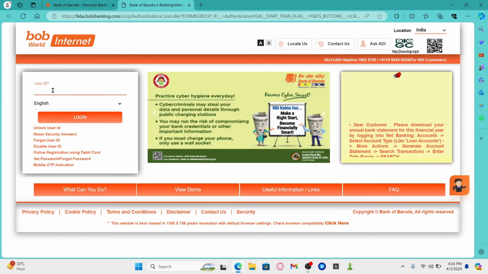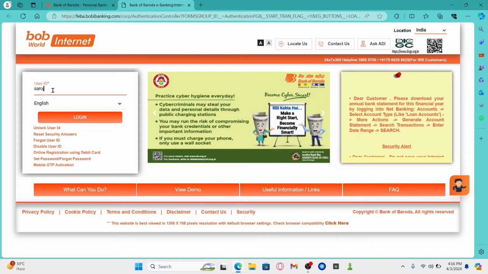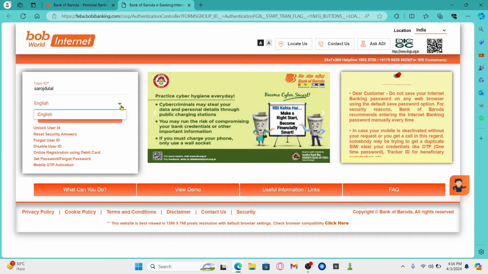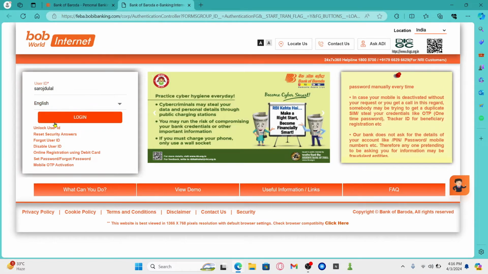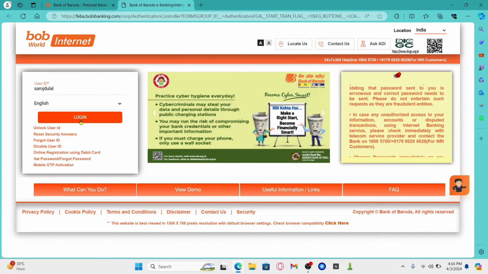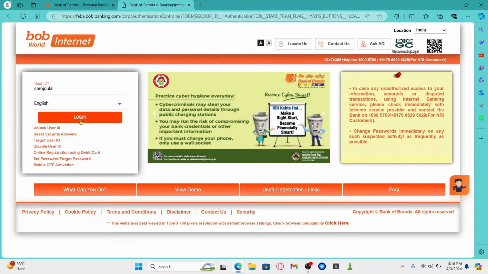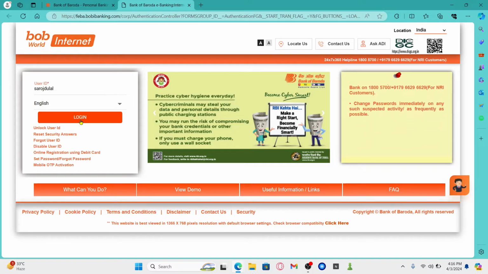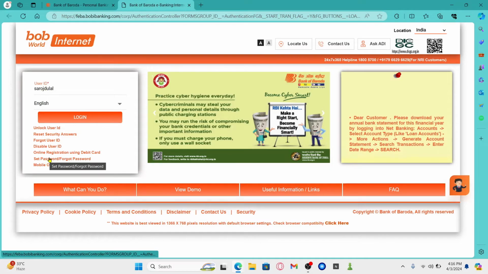Now go ahead and type in your user ID within the user ID box and then choose your language from the language drop-down menu. You can then click on the login button and you will be asked to enter your account password. Just type in your account password and click on login once again and you will be logged into your account right away. In case you don't have a password set, you can click on the set password option